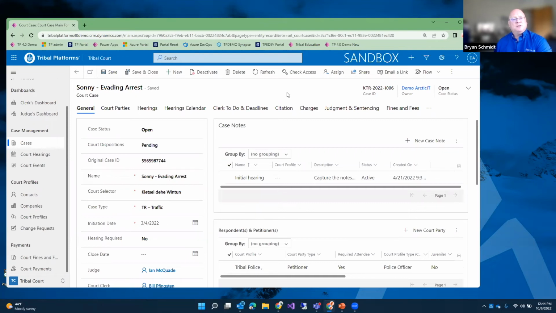But if somebody runs the background check and gives it to us, we upload that into the person's file as well.